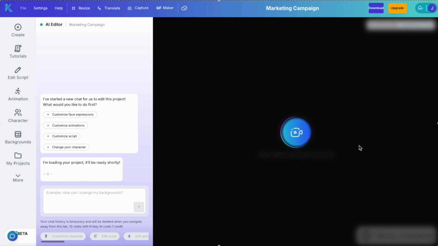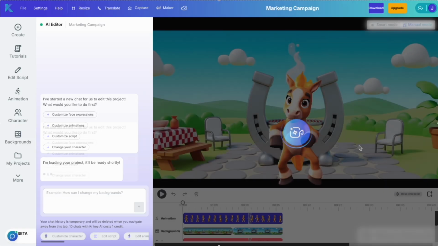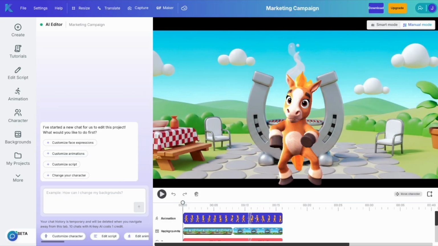Krikey AI automatically rigs every 3D character, so it is compatible for full body motion, facial animation, and lip sync instantly. And this is fantastic because you can very easily switch between characters if you need to for any of your marketing content. So now I have my video template and I can play back my video template to see what it sounds